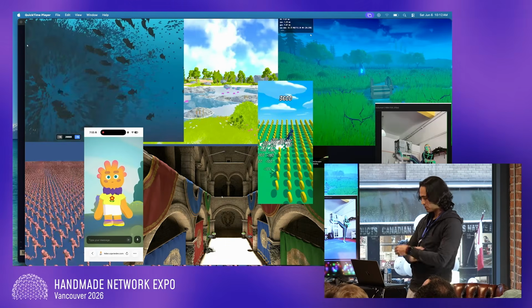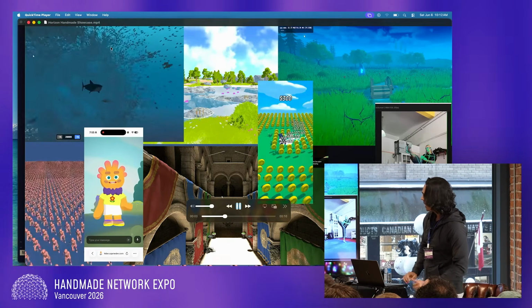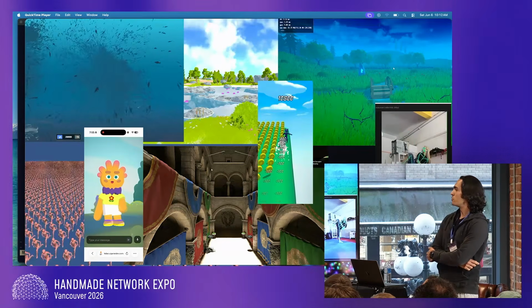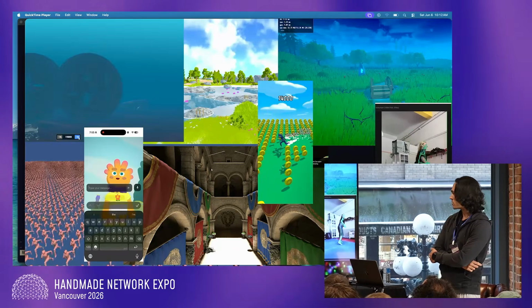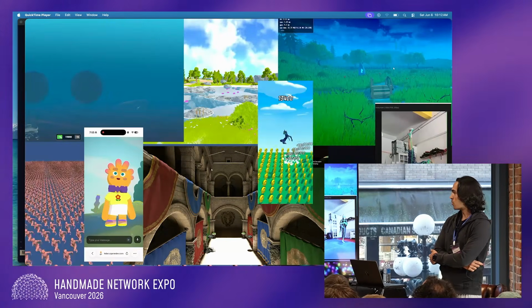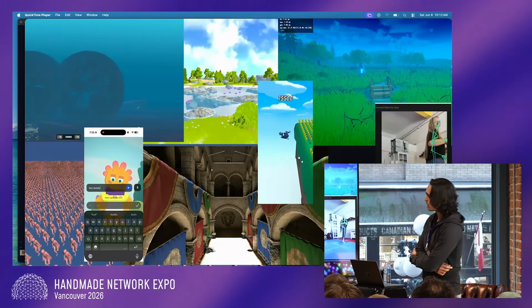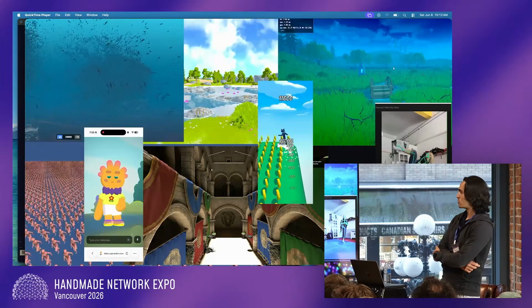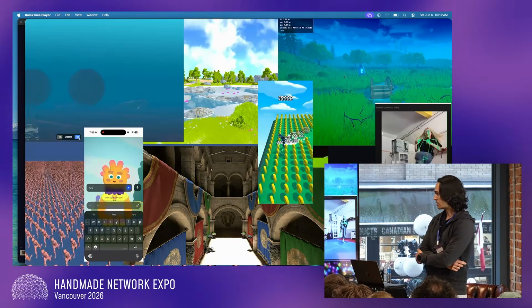It's an engine, let me play a quick video here. It's a cross-platform engine meant to be lightweight and high performance. It works on the web natively and on mobile and Windows and macOS. It doesn't work on Android and Linux, not just yet.